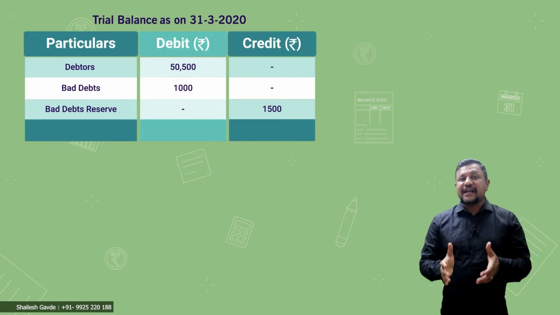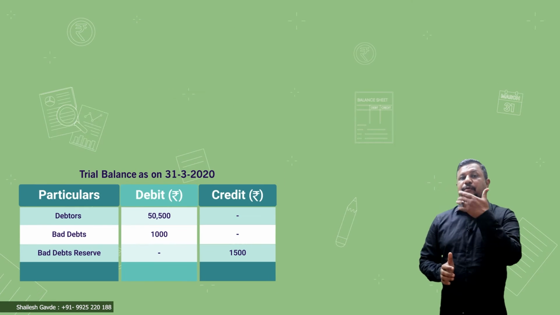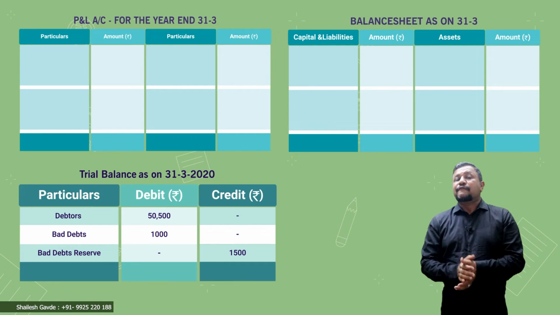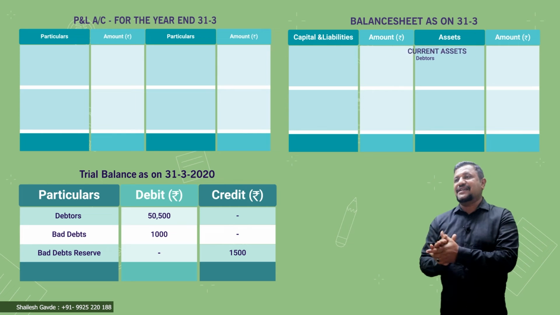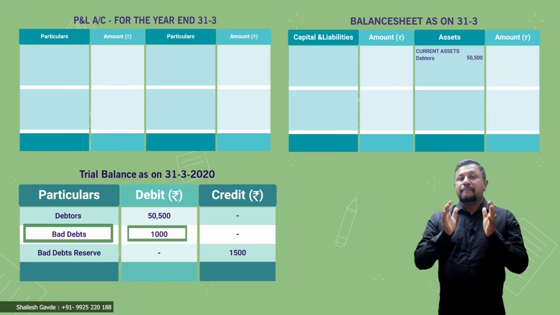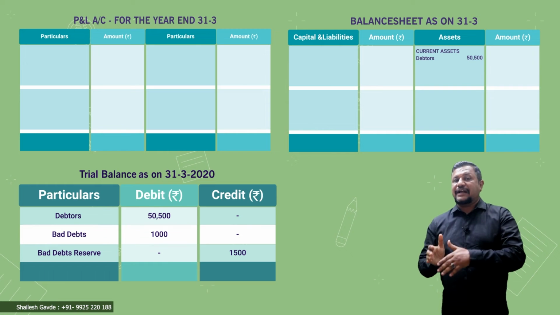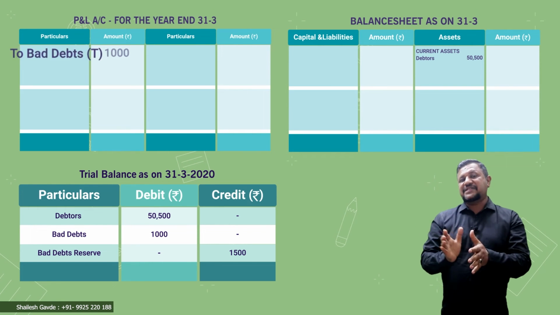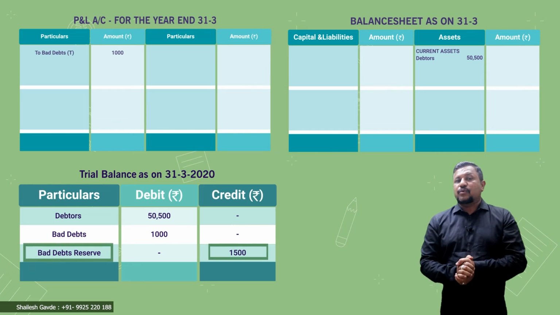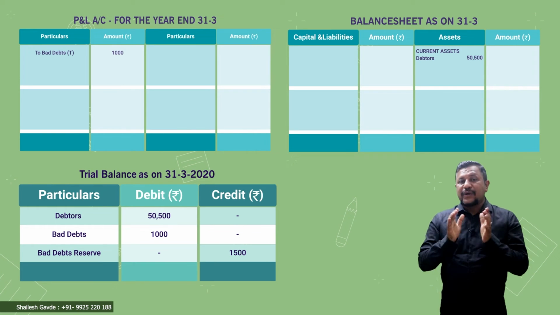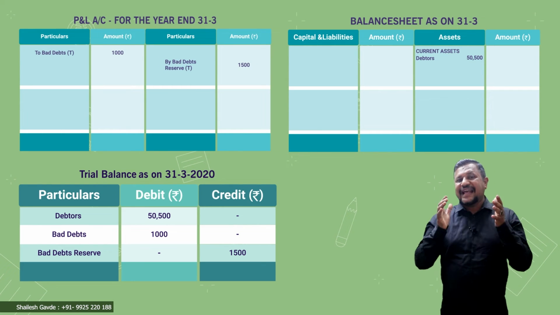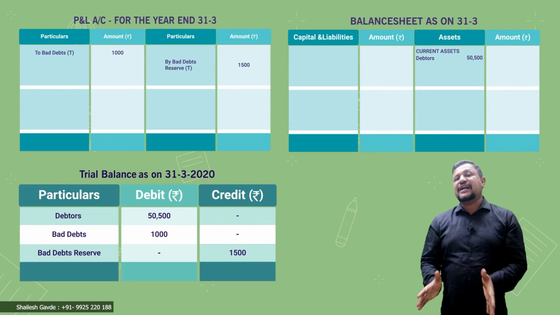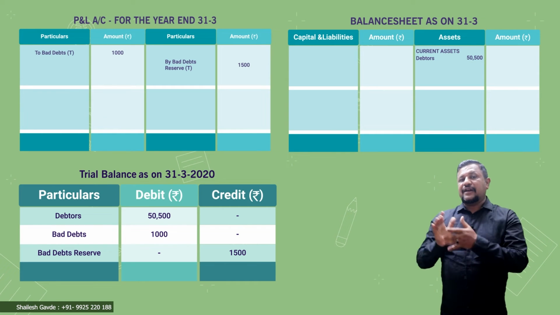Well, if we see the effects of this adjustment, we'll take profit and loss account and balance sheet. First, we'll post all trial balance items. Debtors will take in balance sheet asset side as current asset, inner column. Bad debts given in trial balance will record in profit and loss account, debit side. Bad debts reserve given in trial balance will record in profit and loss account, credit side. As I told, it is last year's excess reserve, so that becomes income in current year, profit and loss account,